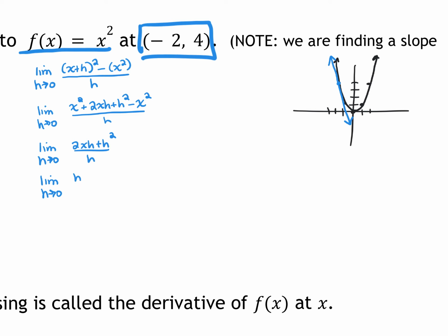I can factor out my h. And I have a giant 1. So then I get the limit as h approaches 0 of 2x plus h. Now is the point in this process when I can plug in 0 for h, right? So then I'm going to get that my limit is 2x plus 0, or 2x. Now, what this tells me is that anywhere on the graph, no matter what point I pick, I can use this to find the slope. So this is the slope of the tangent line